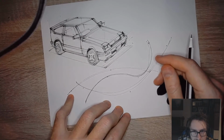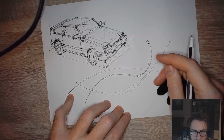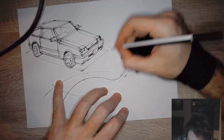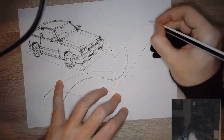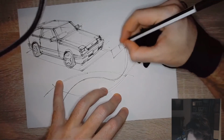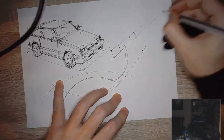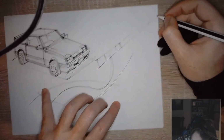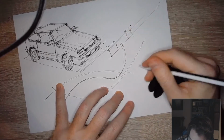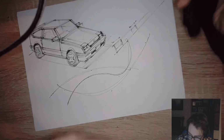Renzo, when you were placing the lights on the car, or any objects in perspective, do you tend to eyeball how small the second car light should be, since things get smaller? Well, technically, what I did here, I sort of drew this front part of the car. And I know if something here is this big, then back here is going to be slightly smaller. So this is converging somewhere off screen, and the distance here is going to be a little bit shorter. So it is sort of eyeballing, definitely, but it is also eyeballing out of experience, because